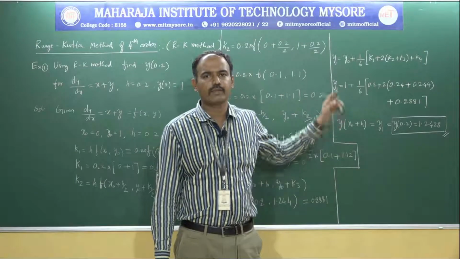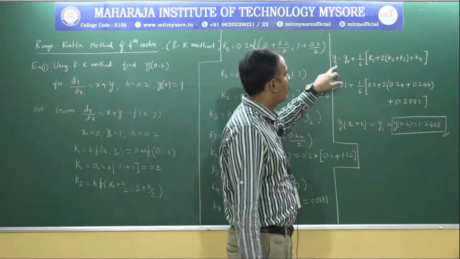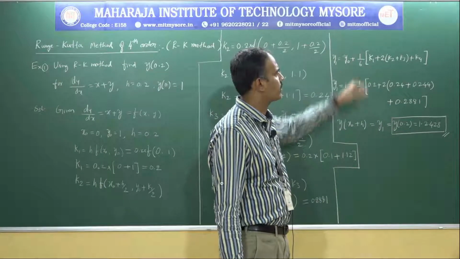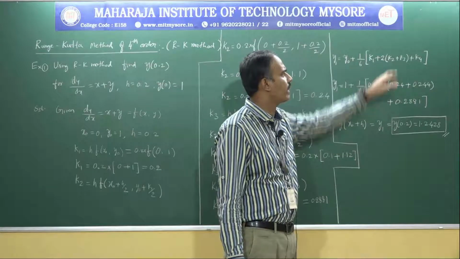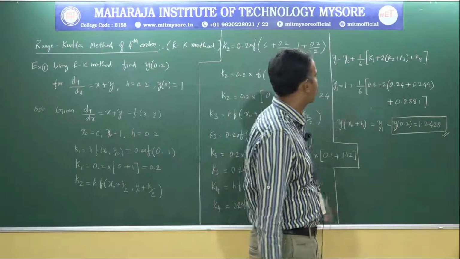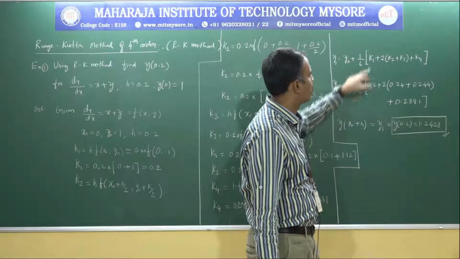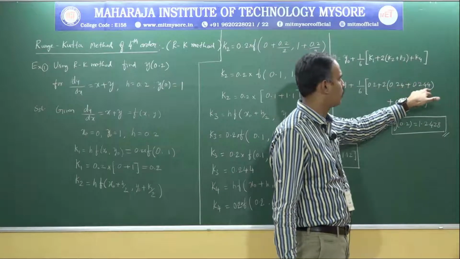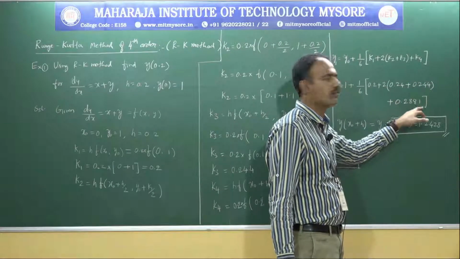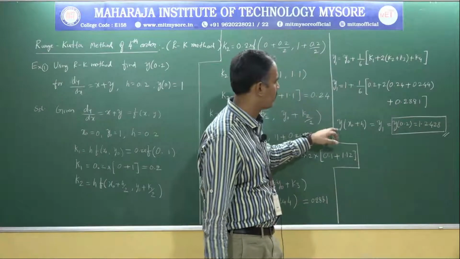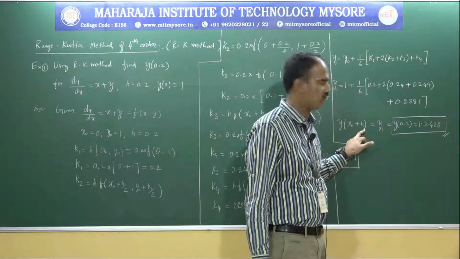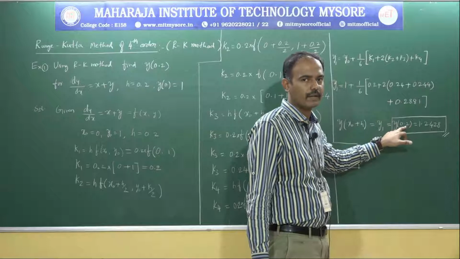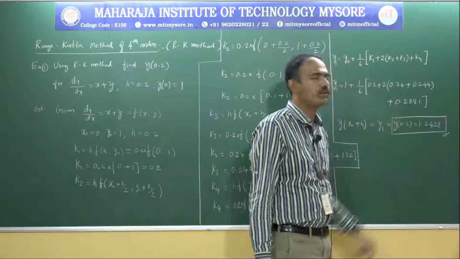Once we have found k1, k2, k3, k4, the next step is to estimate the y1 value. Y1 is y naught plus 1 by 6 into k1 plus 2 into k2 plus k3 plus k4. Here y naught is 1, k1 is 0.2, 2 into k2 is 0.24, k3 is 0.244, plus k4 0.2881. With the help of a calculator we can simplify: y of x naught plus h is nothing but y1. Now y of 0.2 at the particular point x1 is 0.2, and we estimate